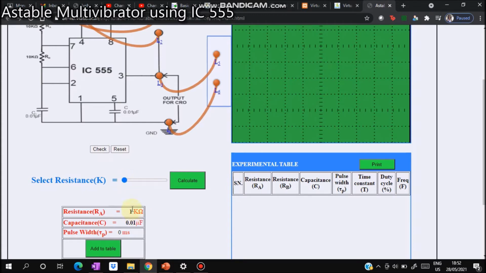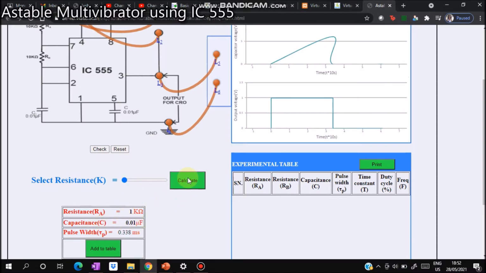I have selected 1K, capacitor is 0.01, and now I say calculate. When I say calculate, pulse width is giving me 0.338, meaning on time is 338. I can say add to the table. As soon as I add to the table, I get these values: RA is 1K, RB is 3.9K, capacitor is 0.1 microfarad.